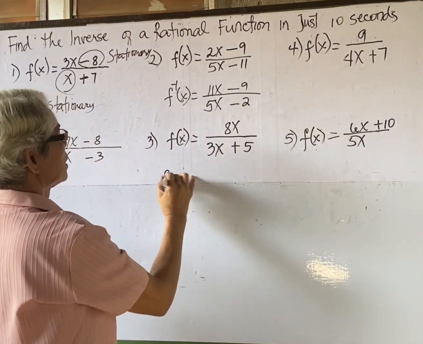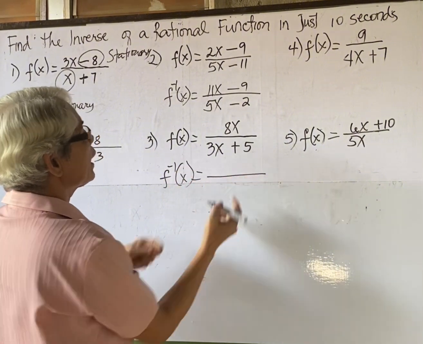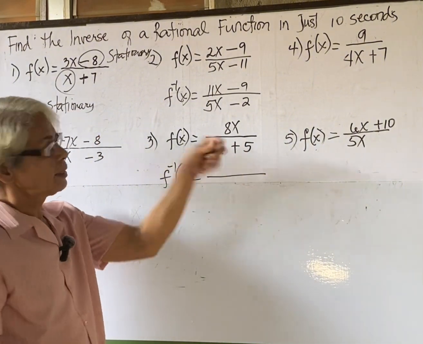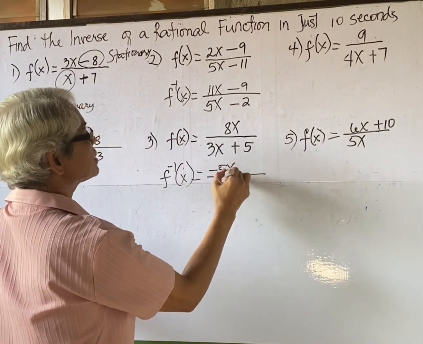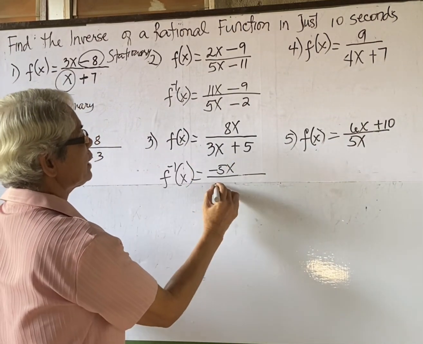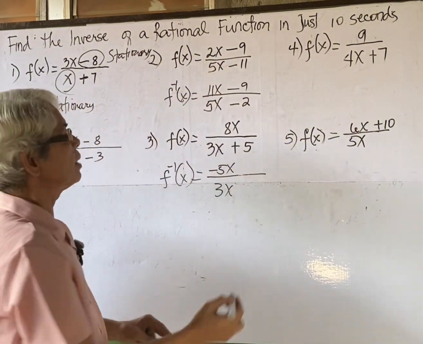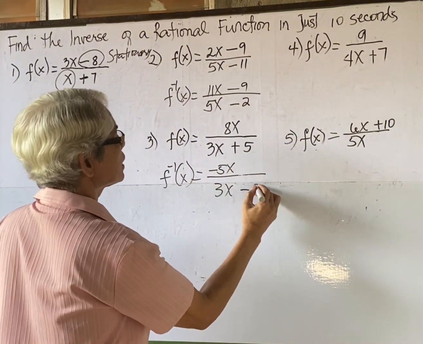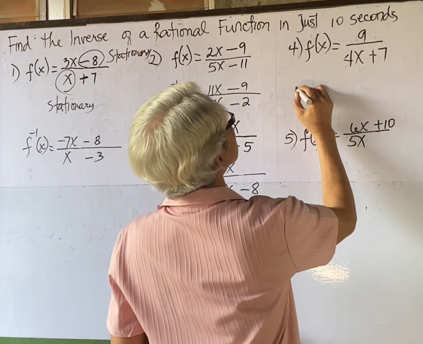Okay, again, this will be there. Negative 5x, stationary. The 3x linear term will become the constant, negative 8. That's it. And then the other one,